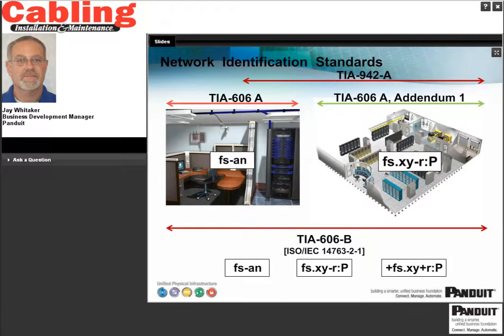One of the problems with using 606A was that there was a huge amount of structured cabling in a data center, lots of cabinets and racks, and the labeling scheme in 606A didn't really address that very well. So the TIA committee introduced an addendum to 606A, Addendum 1, which specifically addressed the administration labeling in the data center. And this introduced a new identifier scheme, which is